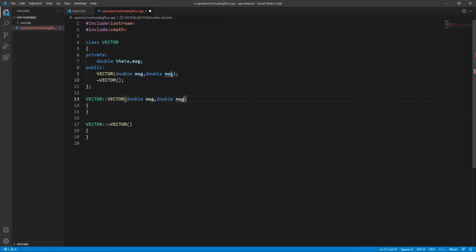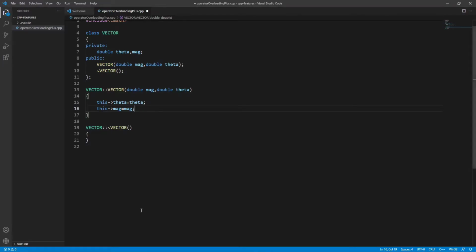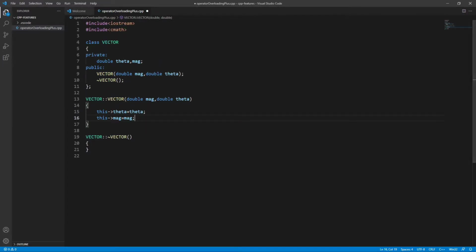Okay, sorry, it should be theta, and this dash theta equals theta, this dash mag equals mag, that is magnitude. Sorry. And now it's time for defining some other functions.